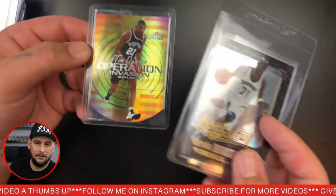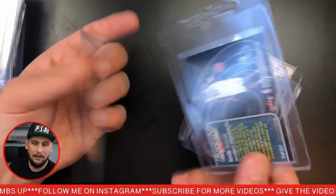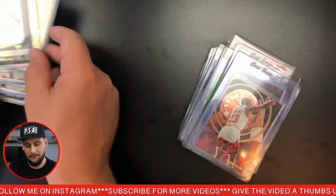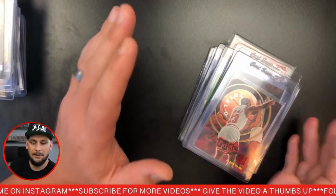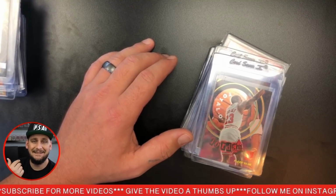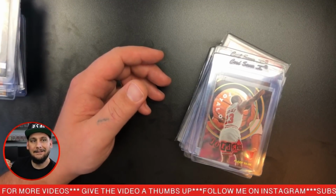I paid next to nothing for these cards, guys, under $20 a piece. And it was an experiment. Tim Duncan and Kevin Garnett, 2 Hall of Fame players, great players to buy and experiment with. It's not like I'm buying up Keith Van Horn or Jason Williams random cards. I'm buying Hall of Fame players at dirt cheap prices. If they get here in the mail and I determine they're PSA 8s or PSA 9s or non-PSA candidates, I'm okay with that because I'm still going to want to collect these cards